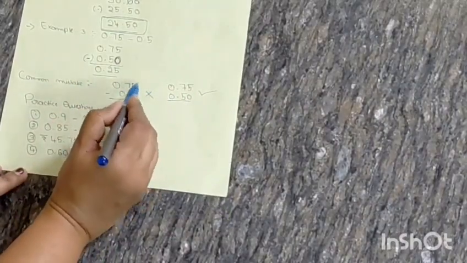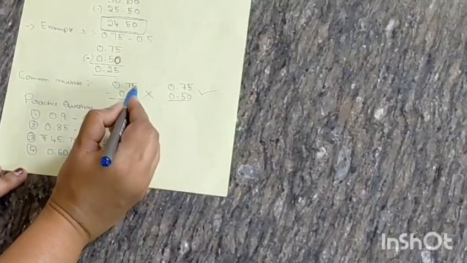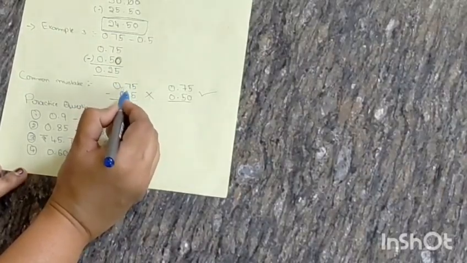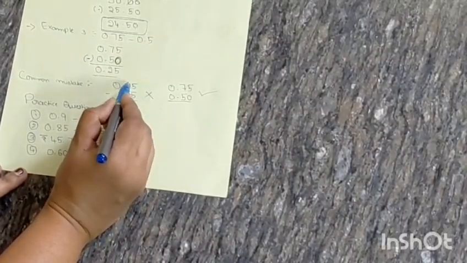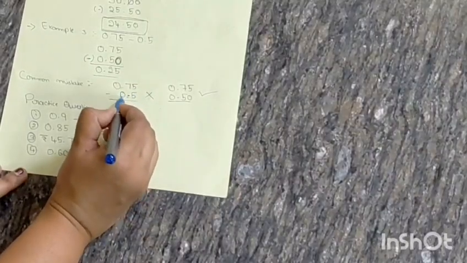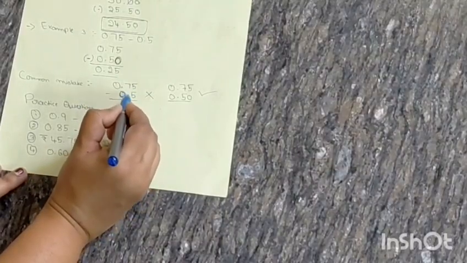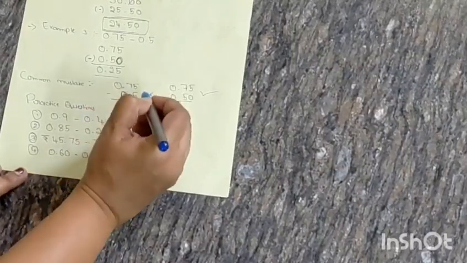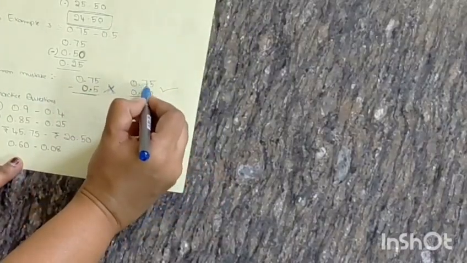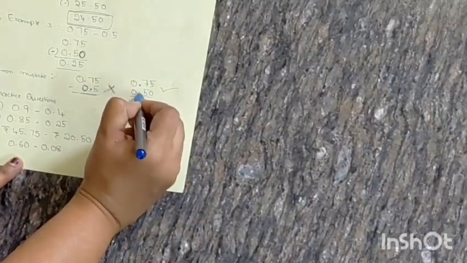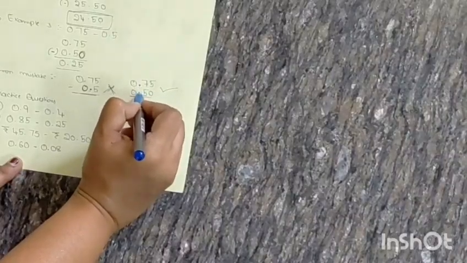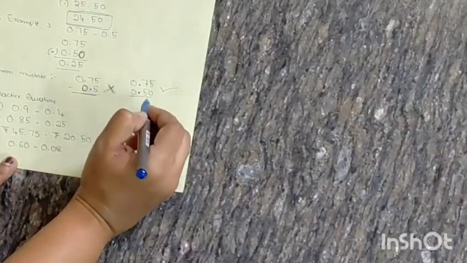What is the common mistake students will make? Never subtract the digits without arranging the decimal point. Can you see here? It will go wrong. As the digits are not the same, what will the students do? They want to write below this number, so they keep the dot here, and they put 0 here. No, the decimal points should be aligned properly. This is the common mistake students make. So how to write correctly? 0.75. Below the decimal point only another point will come. So we have to align properly. 0.25 will be the answer.